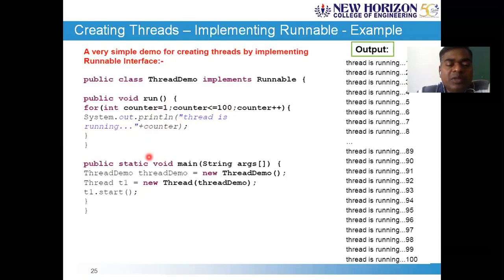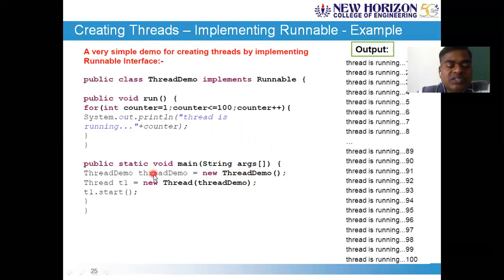And coming to the main method, in the main method you should create an object of the class where you have implemented the runnable interface. I implemented the runnable interface in a class called thread_demo, so I'll create an object of the class thread_demo. And this main is also a part of the class thread_demo. That's fine. New thread_demo, and this object should be assigned to some reference variable. That reference variable name is thread_demo, that is lowercase thread_demo. That's fine.